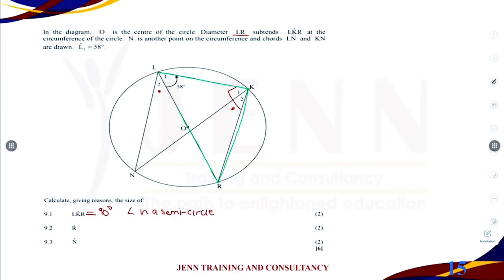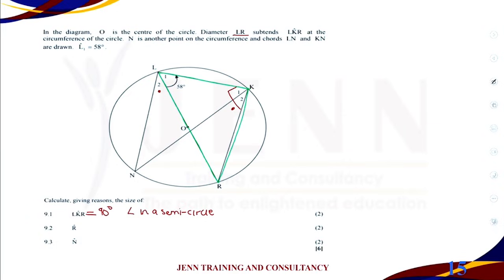So this is a triangle. Remember, according to our triangle information, the sum of interior angles of a triangle adds up to 180 degrees. So I know that for the size of angle R, I will definitely have to